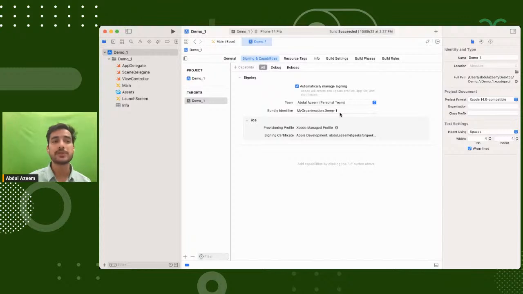To have an App Store Connect, to submit your app to App Store Connect, you should have a valid Apple developer account. And to run your apps on physical devices, you should have a valid Apple developer account. And then there is a